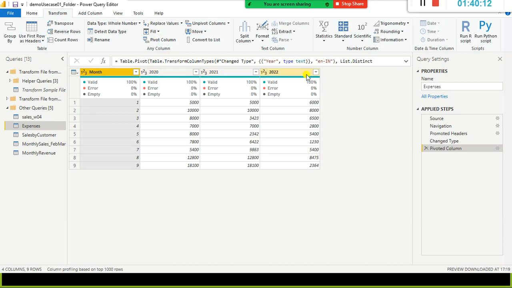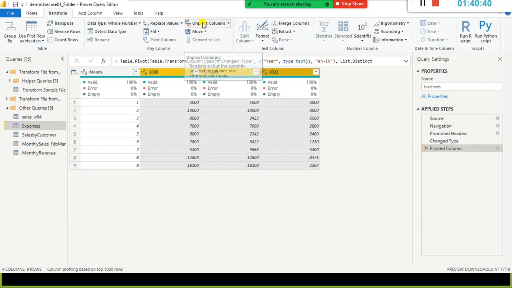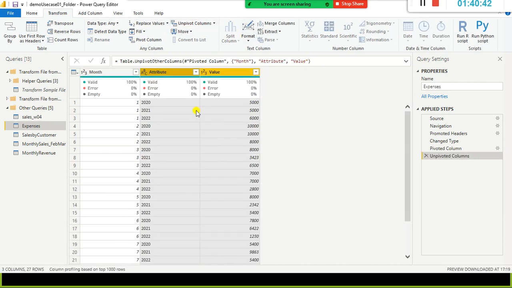This is a common pivoting, we do it in Excel, right? The same thing is applicable here. Supposing you want to get back to the previous state, or you want to unpivot, without undoing this one. How do I do that? Unpivoting is converting the columns into rows. What I do is I select all these 3 columns and click on unpivot. That's all. Look here, 2021 became rows here. Here you just rename it: this is my year, these are my expenses.